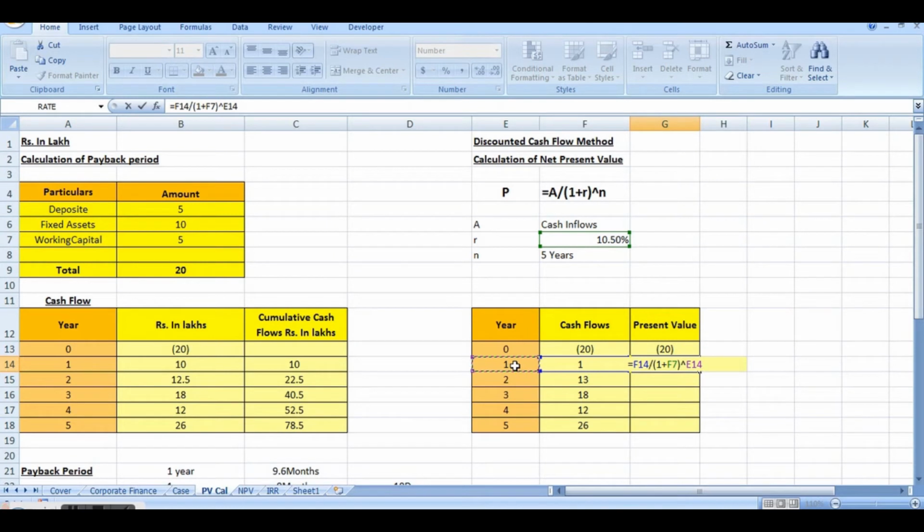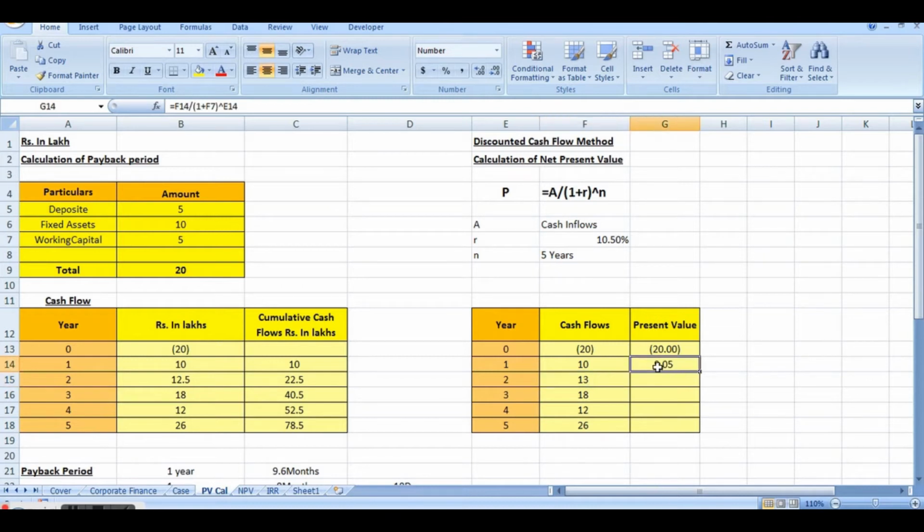So now enter. And now you see 9. We'll increase the decimal points. It will give us the better idea. See now, 9.05. So even if at the end of year 1 we feel that we are going to get 10 lakh rupees, in reality we are going to get only 9.05 lakh worth today's value. And in similar way now we will calculate for year 2 and year 3.